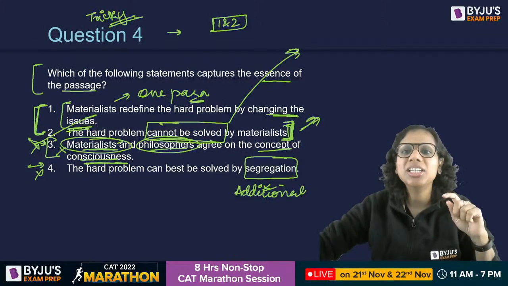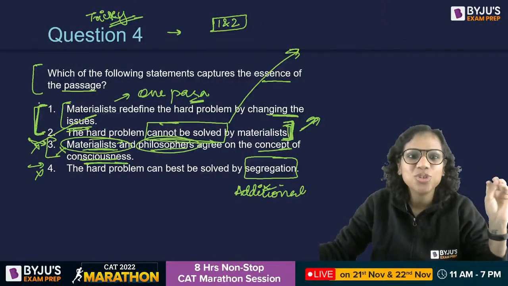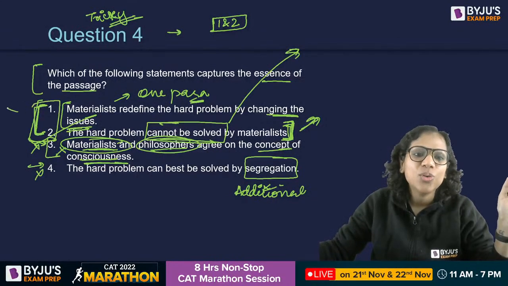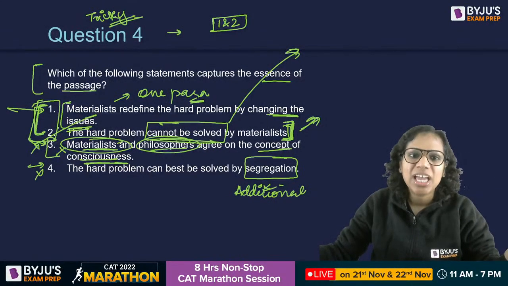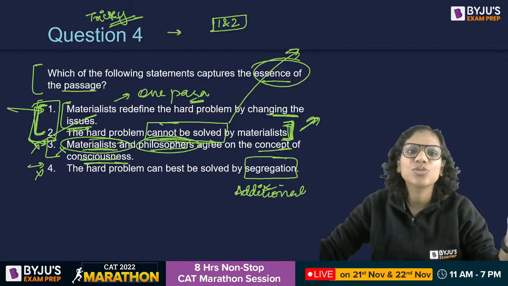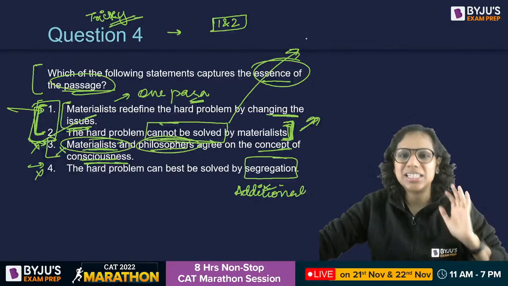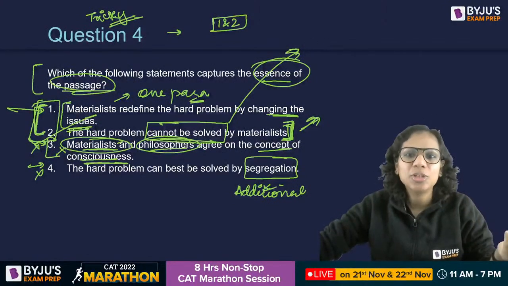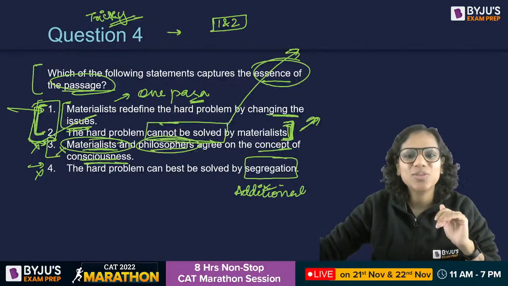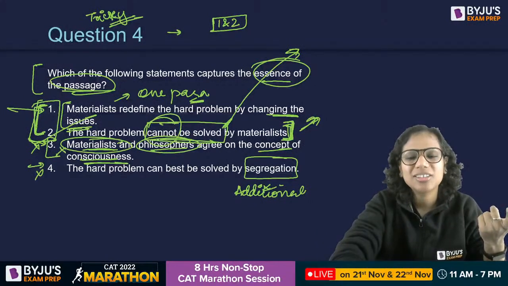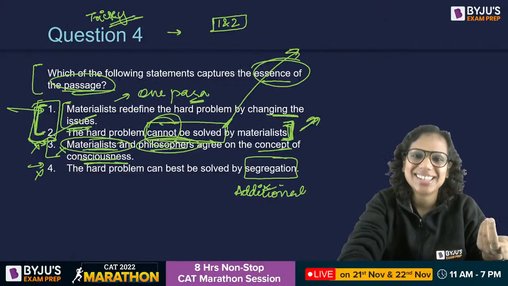But see, ultimately, your options are your king. Your options are your god, right? When you compare it with one, which appears to be very narrow, that is why this cannot be the essence of this passage. So you ultimately go by comparison. Ultimately, that's what we call elimination. Compare and eliminate. So that is why 2 is the answer. I agree with you. You become suspicious of it right away because of cannot. But that is what captures it, the author's stance is exactly like that, right?